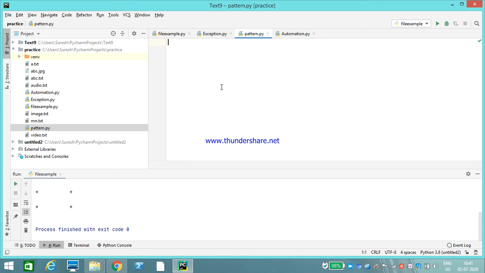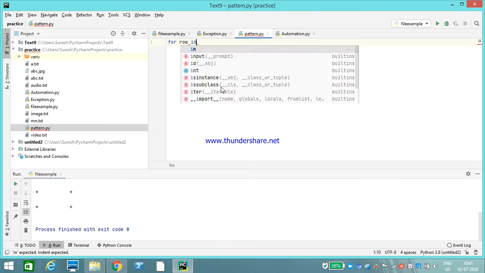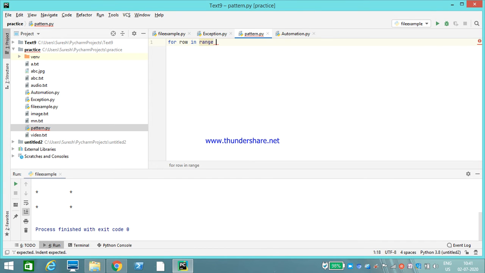First of all, how many rows have I taken? 7 rows. For that, for row in range, how many? 0, comma 7. Why have I taken 7 here? Because while taking the range, it will take 0 to 7 means 0 to n minus 1, which means it will count 0 to 6.